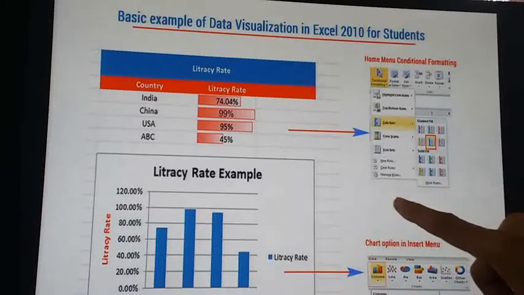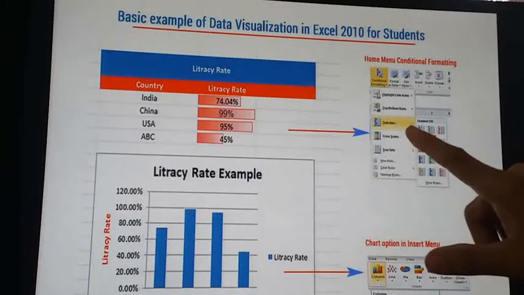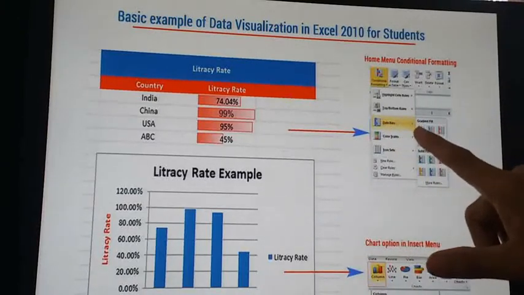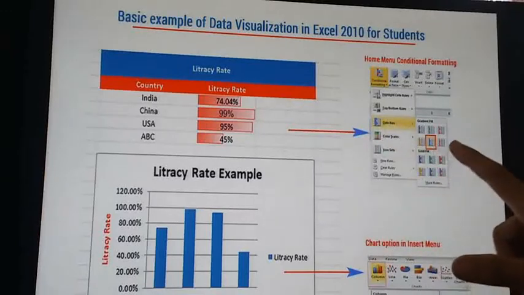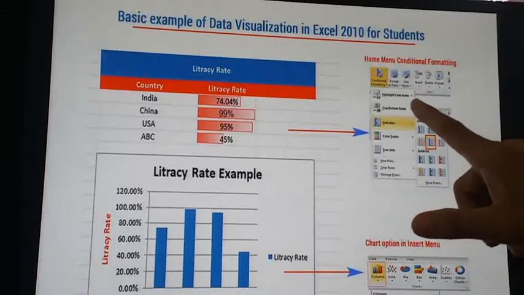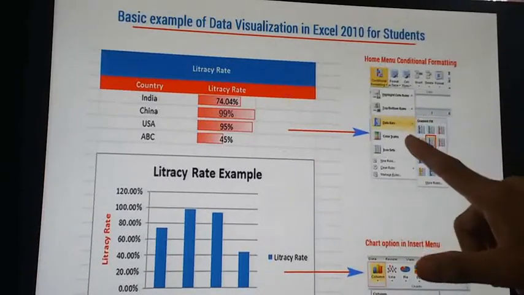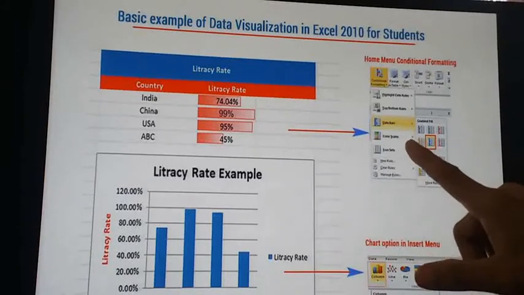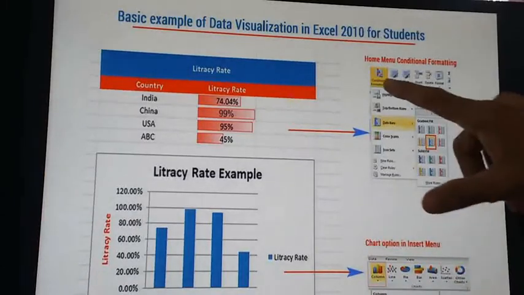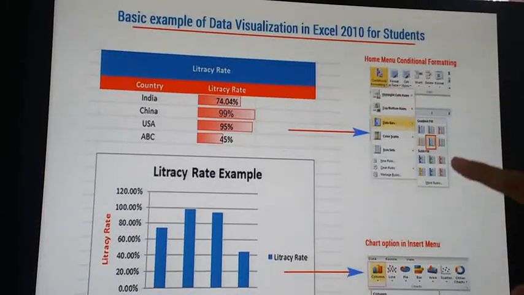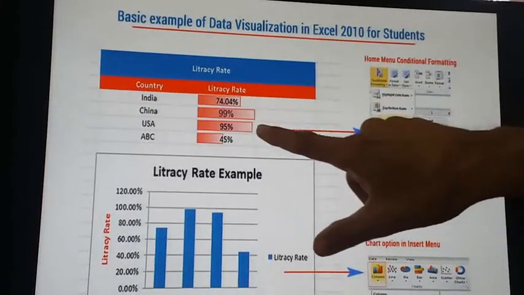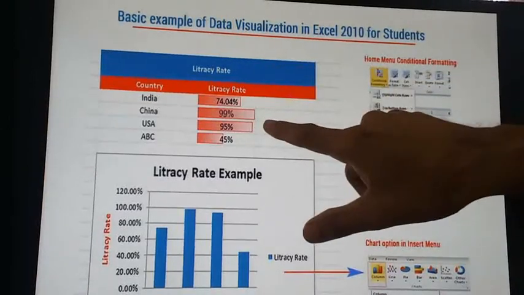Another important feature is conditional formatting. We want to make our spreadsheet attractive, colorful. Some conditional formatting options are there, like highlight cell rules, top/bottom rules, data bars, color scales, and icon sets. Just click on the conditional formatting option, then choose one color set, so that your data will be displayed like this. Okay,